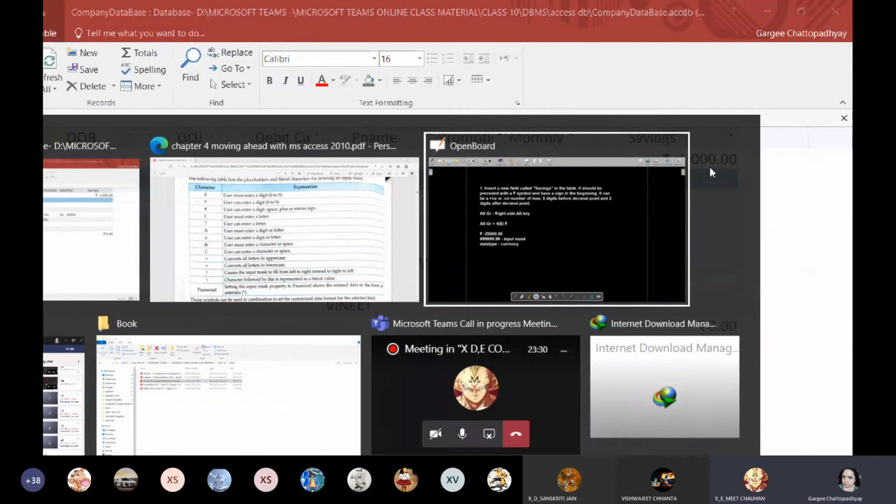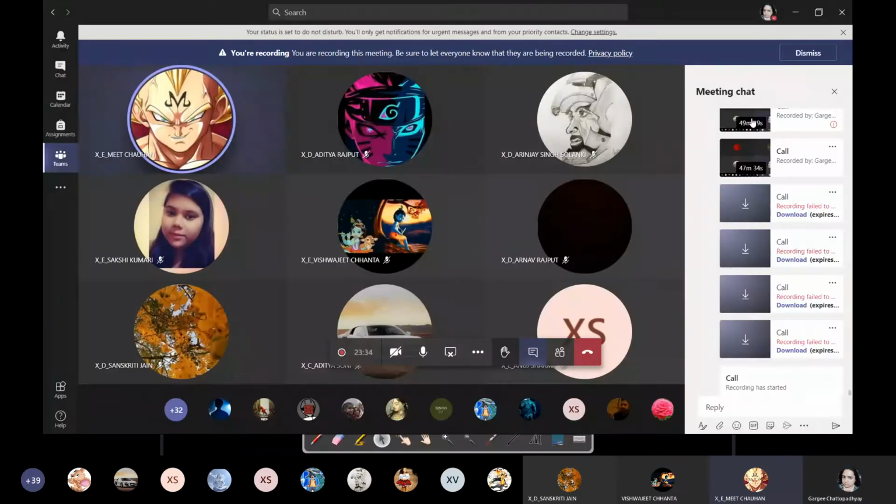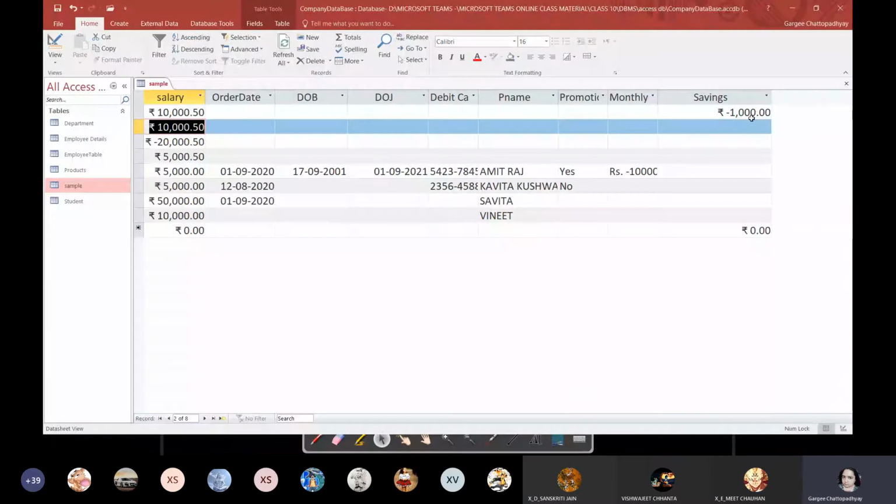Ma'am, why have you given a minus sign? Rupees cannot be in minus sign. No, this is credit. This is savings, my dear. Savings of a person. If your savings are going in negative, like right now because of the pandemic, people's savings are getting exhausted. What are people doing? They are borrowing from here and there. So it's like they are borrowing the money. There are no savings.